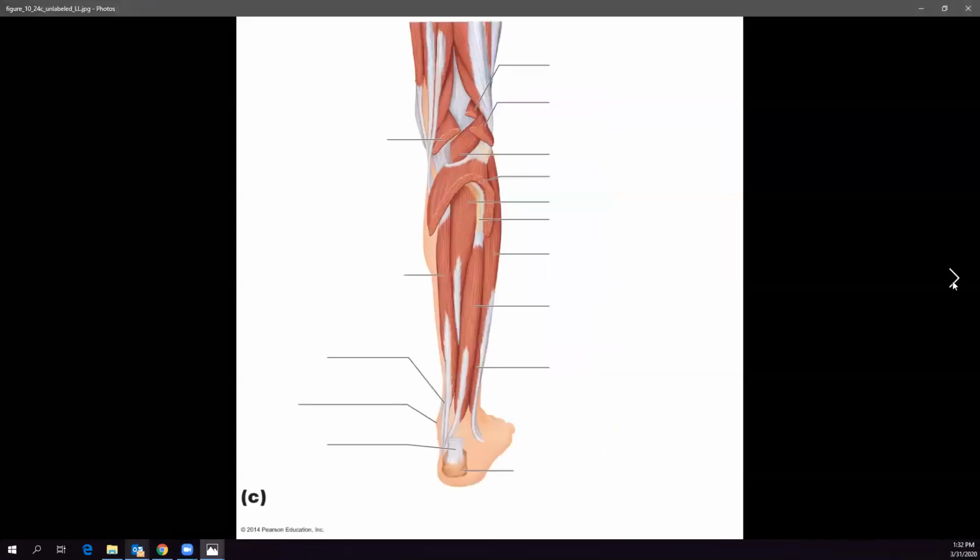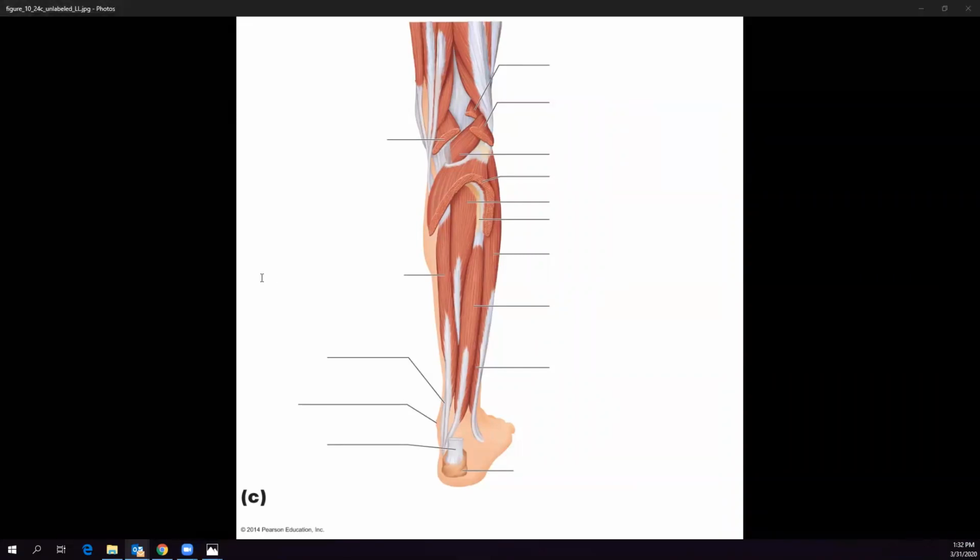All right, so now what we want to do is take a look at the muscles with everything gone. So with the soleus gone and the gastrocnemius gone, we're on page 221 so that we can see these, and we don't want to get these all messed up because it's really easy to get these messed up. Okay, so the first one that we want to take a look at is